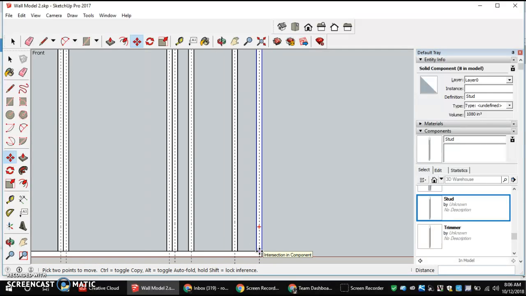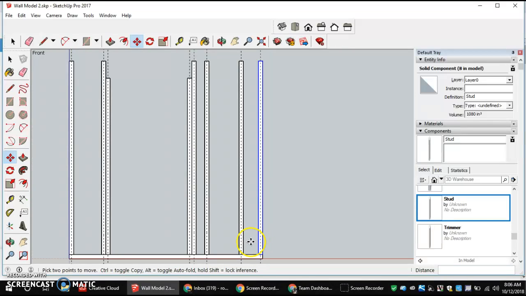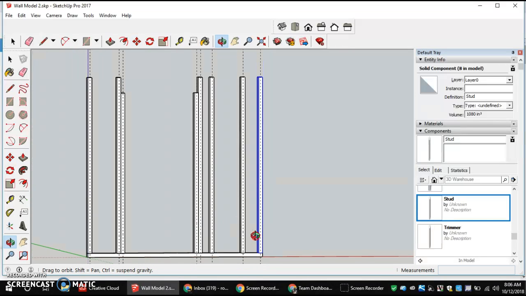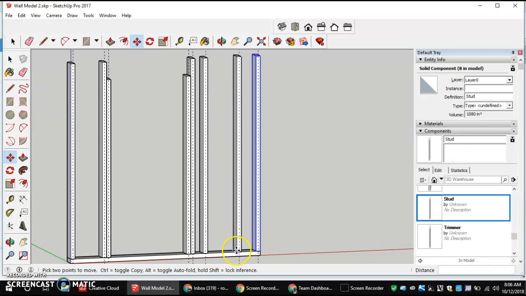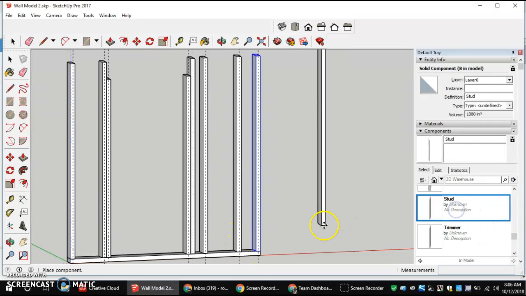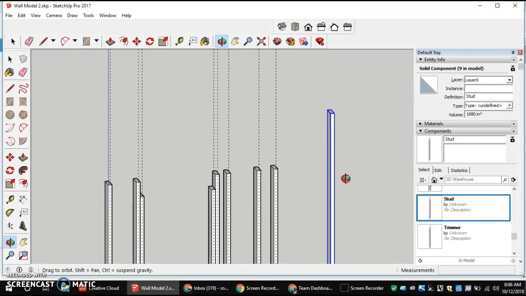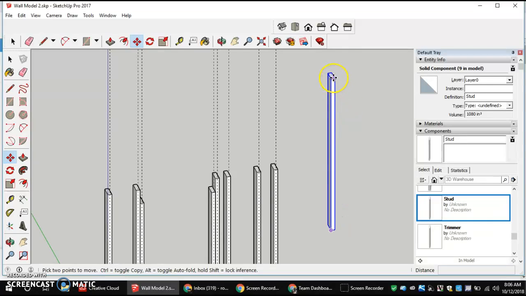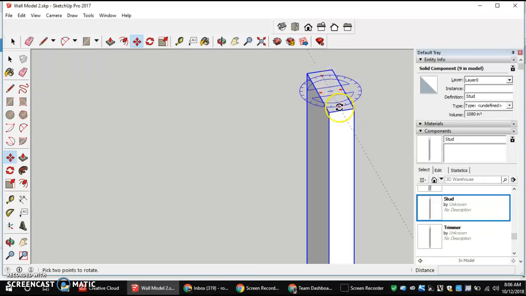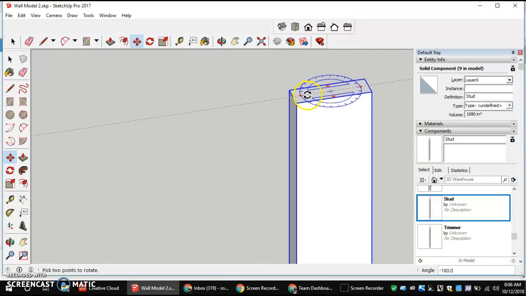Coming in. Now, the next thing is, I'm going to orbit just a little bit so I can see the backhand edge by clicking and depressing my mouse, and I'm going to place the last one over there. So one thing I need to do is go to the top view of this, so orbiting up, so I can see my red marks on the top, and then I'm going to spin that 90 degrees, which says 180 on my piece,